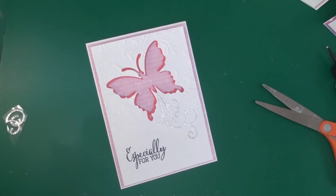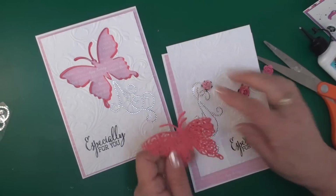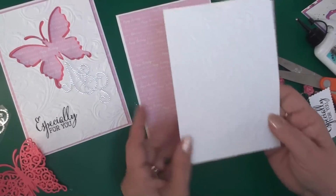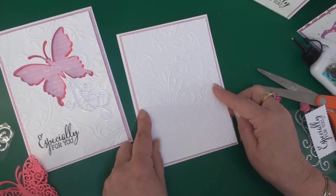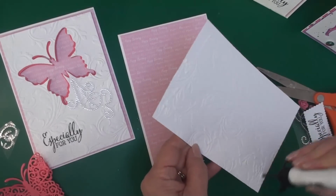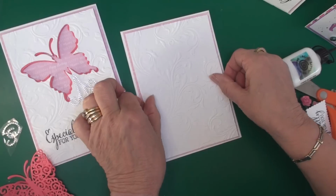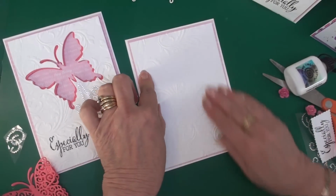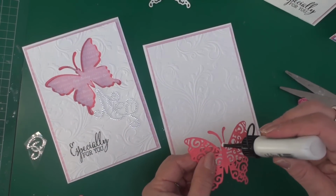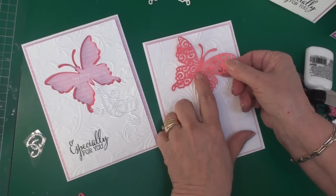But on the other card, what I'm going to do with this one is use these pieces that we have left over. So I've done the same base and I have embossed another piece that goes along there, but this time it's not got the butterfly cut out. So I'm just going to add that to my card, and then I'm going to glue these butterflies in just along the body line, and I can pop these anywhere I want on my card,